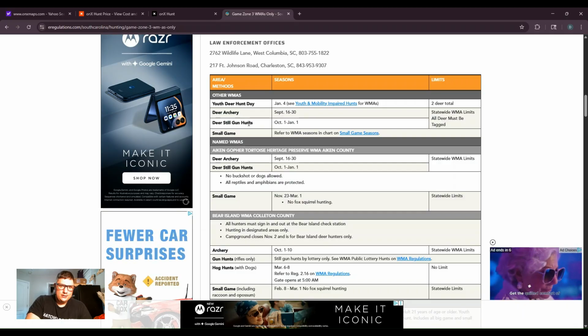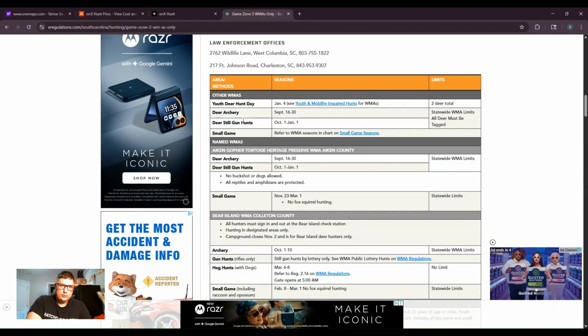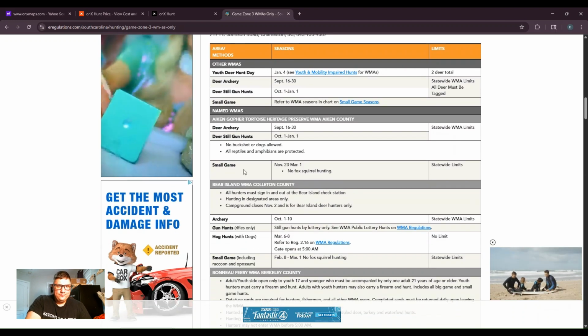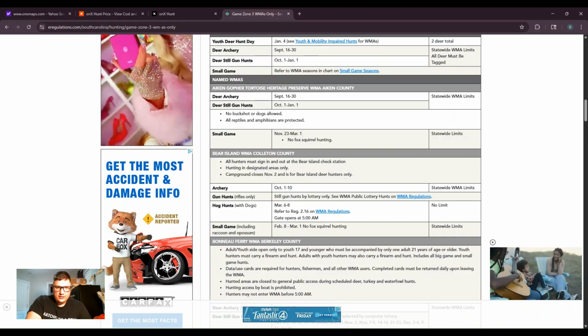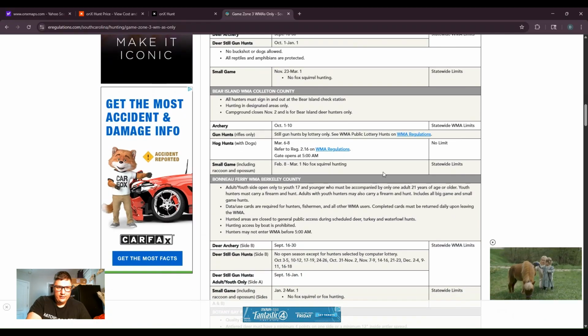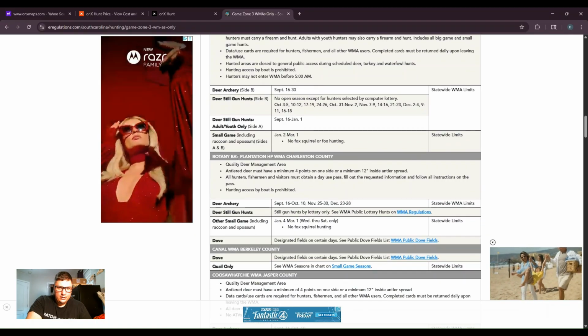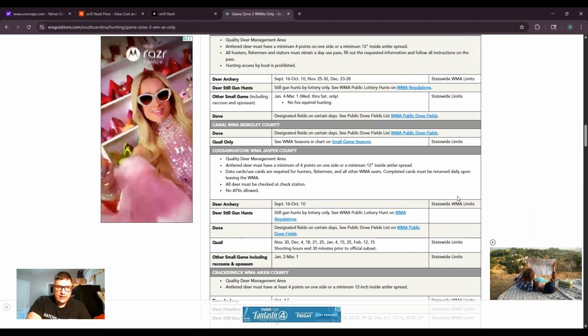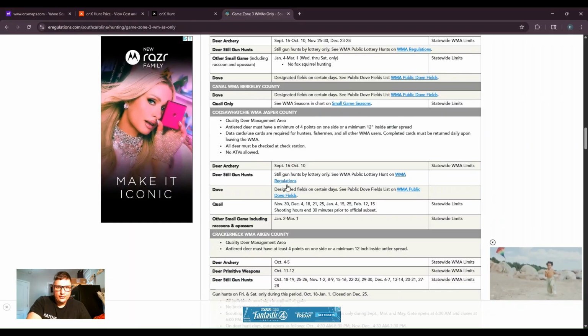Now, keep in mind, it states somewhere in those regs that you are allowed to use archery equipment even during gun season. That sounds normal, that sounds intuitive, but not to everyone, so it's important to mention. And then you'll see these different names: Bear Island, Bono Ferry, Botany Bay. I'm not even going to try to pronounce that one. You've got Canal WMA,